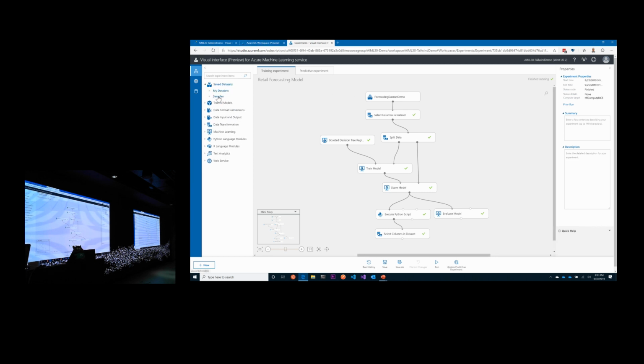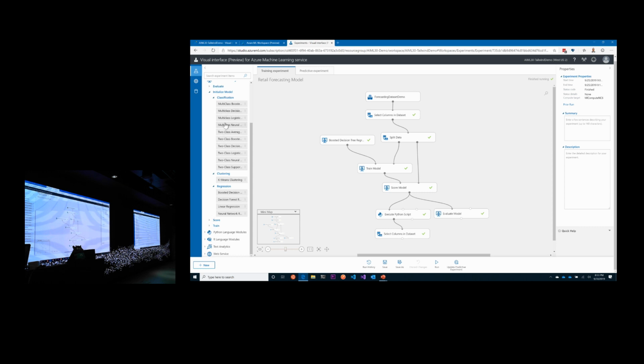So someone was asking about data sets. There's a bunch of sample data sets that are already loaded into this. So if you spin up an Azure Machine Learning Service and you go into Visual Interface, you can come in here and just start playing with some sample data sets. And then if you go in here, you can see the different models that are available within it. You can do custom code within it. So if you want to use Python or R, you can execute that within it and do anything.